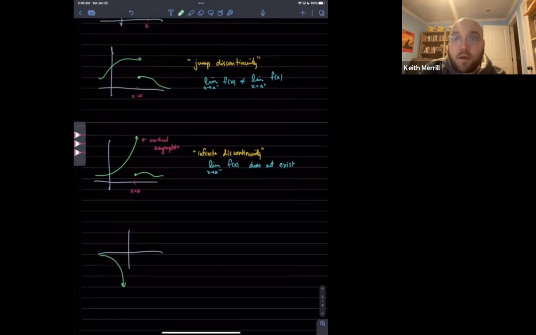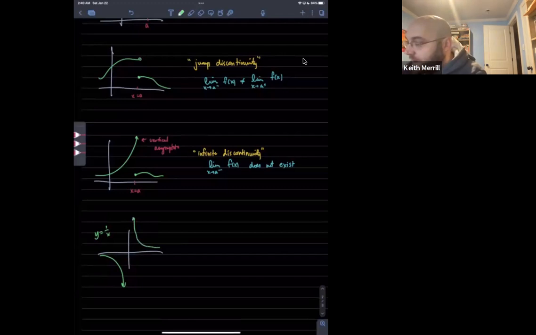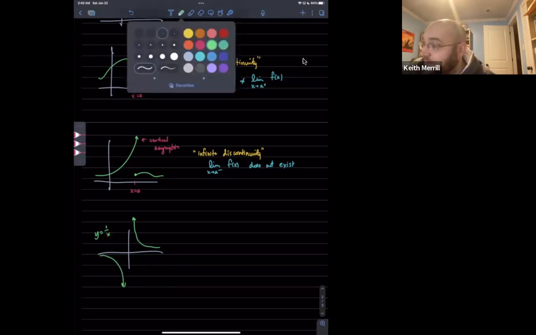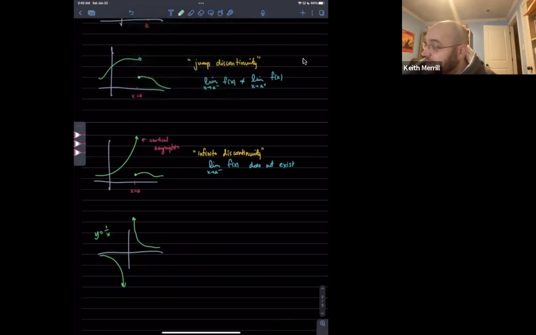So we're looking at the graph of y equals 1 over x. And the graph, of course, looks something like this. And it has a well-known discontinuity at x equals 0. But notice that x equals 0 isn't part of the domain, because this function is not defined at x equals 0. So despite the fact that there's a problem at 0, this function is indeed